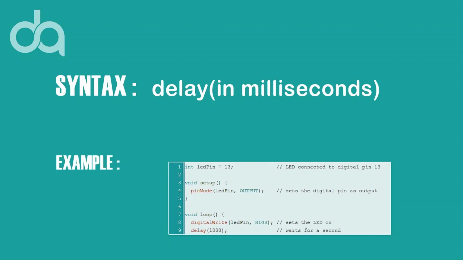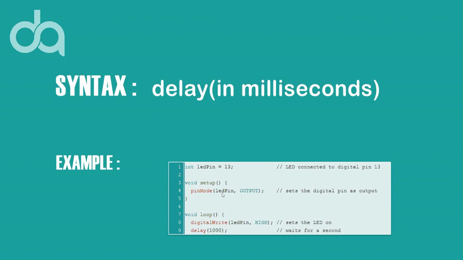And the last function is delay. You can pause the program for an amount of time in milliseconds, specified as a parameter. As you can see, this is the syntax: delay in milliseconds. For example, here,